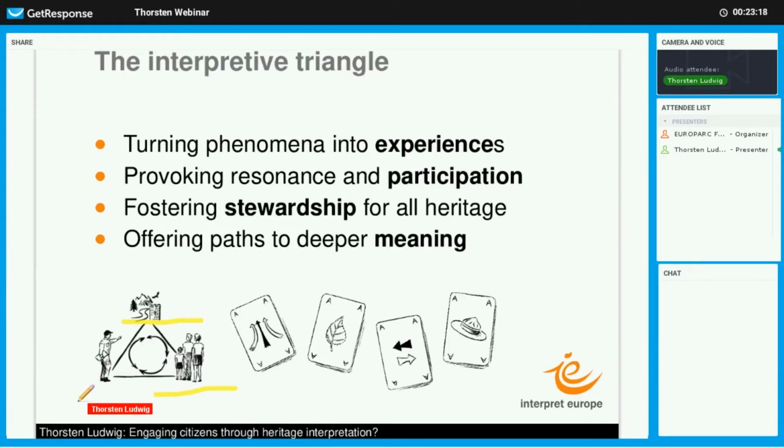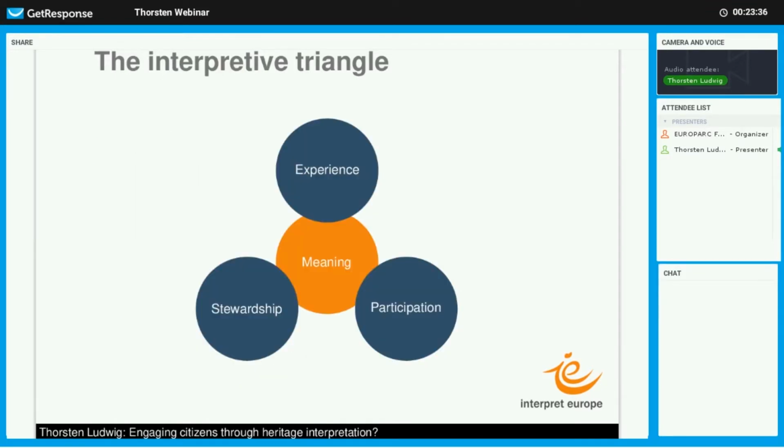The third is to foster stewardship for all heritage. And the fourth is to offer paths to deeper meaning. So this is what is at the heart of the interpretive triangle. We say these are the four aces of heritage interpretation. So these four points, the experience, stewardship, participation, and meaning, are what we are dealing with basically when we're talking